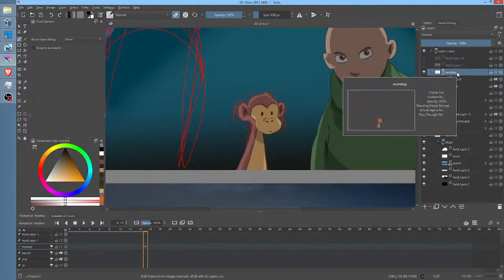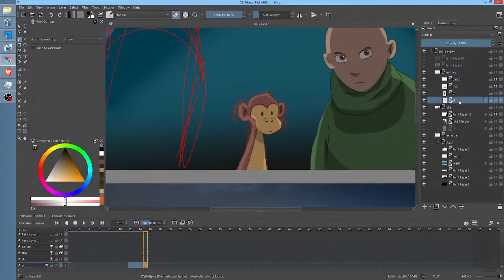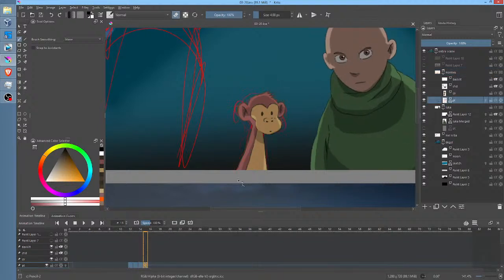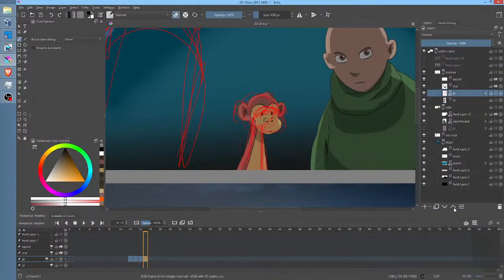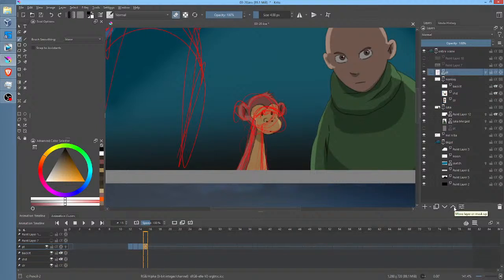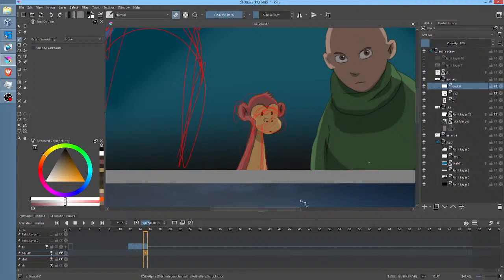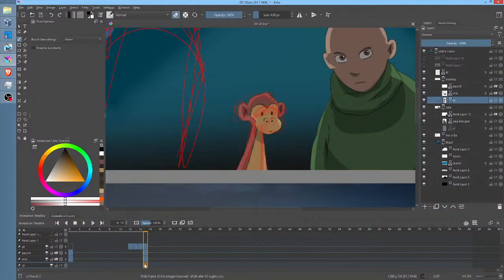That creates a problem, in a sense, because the pencil test already basically has the motion baked into it, as you can see here. Therefore, it's important that the pencil test not be in the group. So there we go. I just moved it up to there, and we'll turn the opacity down so we can see what we're doing. Okay, and then the other thing is, each of these layers must have at least one keyframe. So animated keyframe there, animated keyframe there. As you can see, we're working backwards.